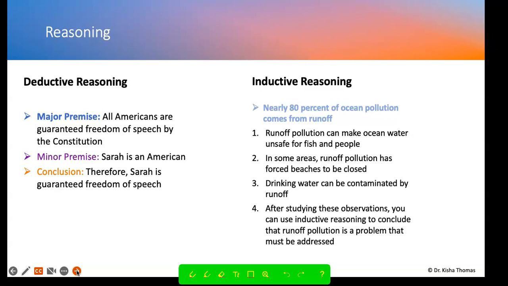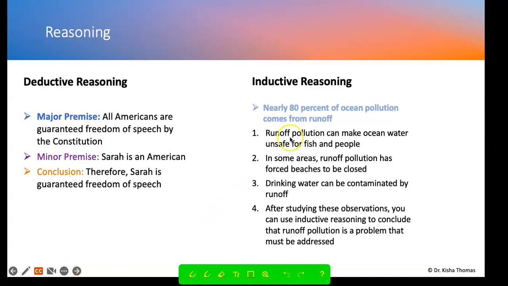Inductive reasoning. Nearly 80% of the ocean's pollution comes from runoff. Runoff pollution can make ocean water unsafe for fish and people. In some areas, runoff pollution has forced beaches to be closed. Drinking water can be contaminated by runoff. After studying these observations, you can use inductive reasoning to conclude that runoff pollution is a problem that must be